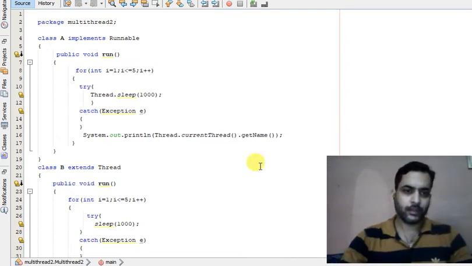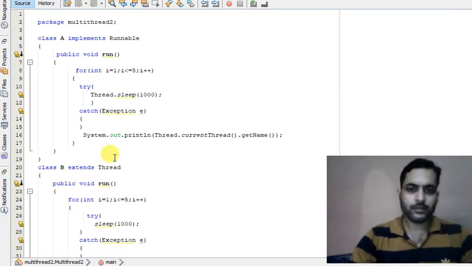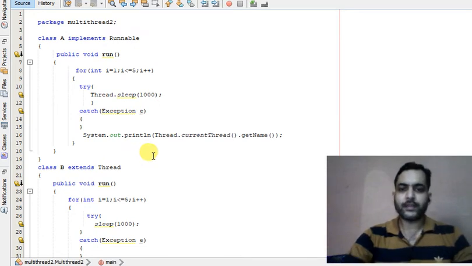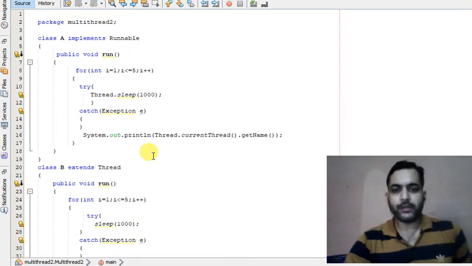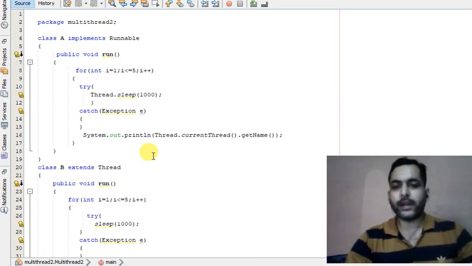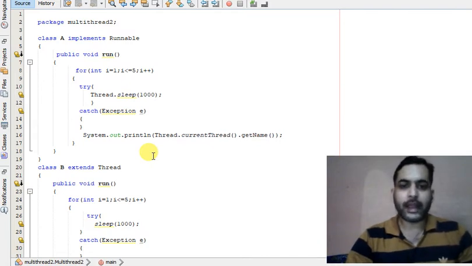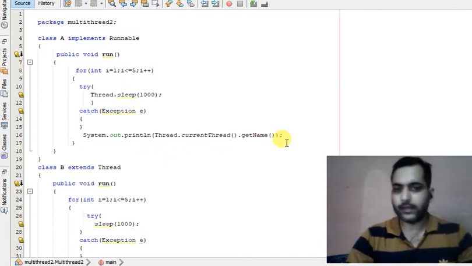Okay. Now threads have some inbuilt scheduler, and the scheduler may prefer to run one thread over another thread according to their priority. See, by default every thread has some default priority, and we can print that priority also.